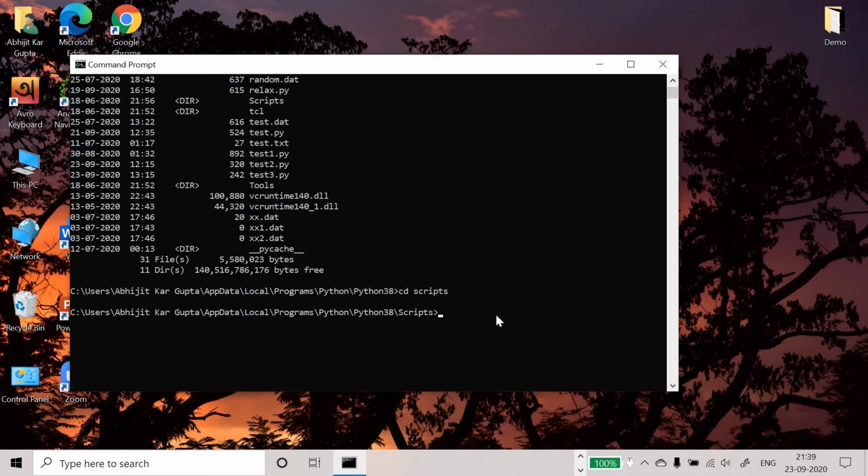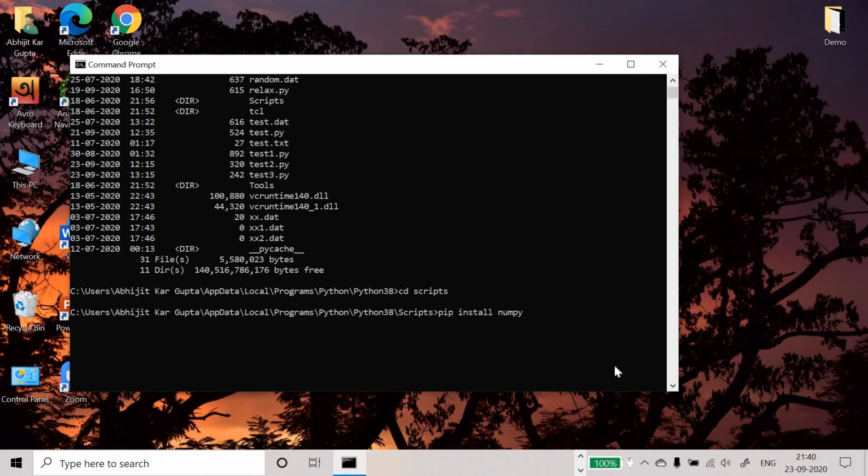So here you are. Now you type this mantra: pip install numpy. And if your machine is on the internet, then you enter. It will take only 1 or 2 minutes.